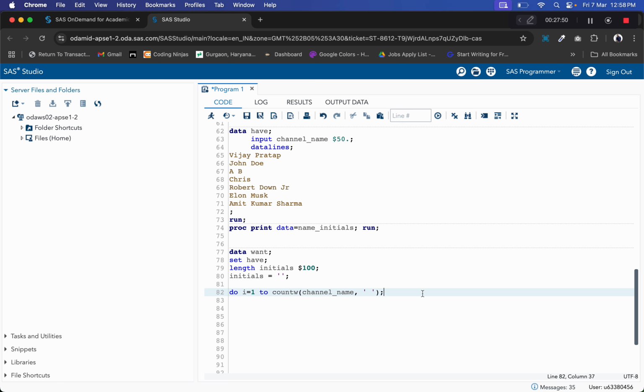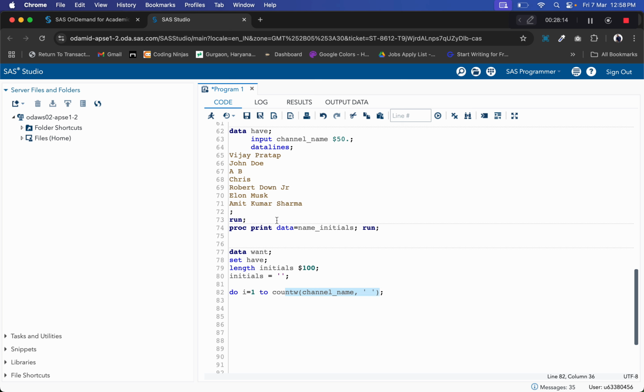In this particular line, suppose when we run this code, first we get the channel name Vijay Pratap. We are counting the number of words in this string. The first word is Vijay and another is Pratap, so we will get two here because we have two words. So this loop will go from 1 to 2.